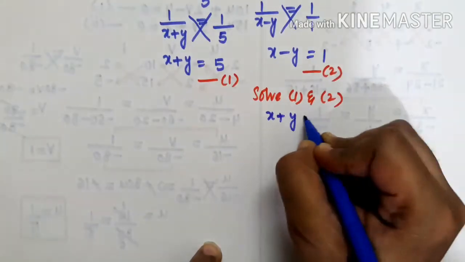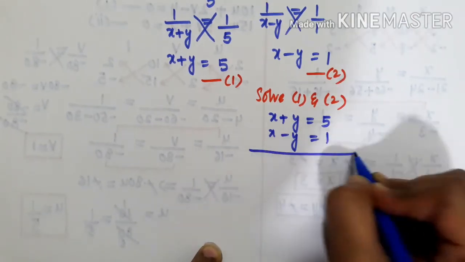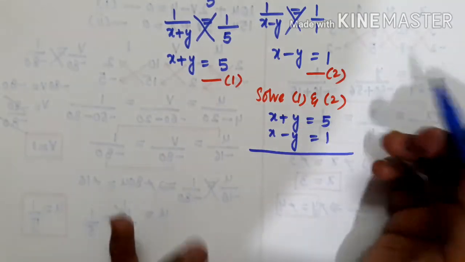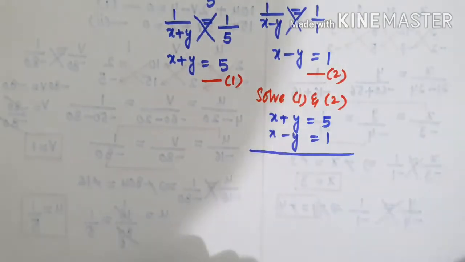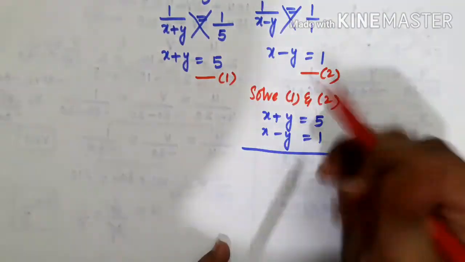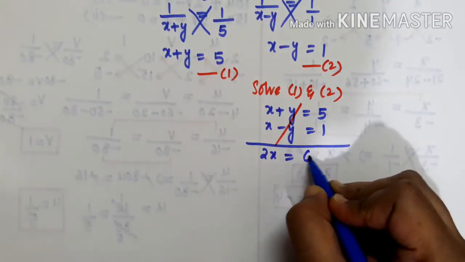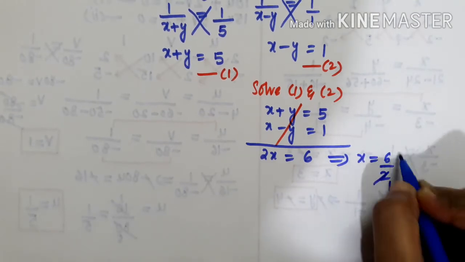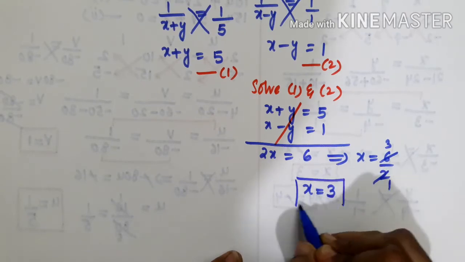So equation 1 is x plus y equals 5 and equation 2 is x minus y equals 1. So here you don't need to do anything. You don't need to multiply or change the sign. Already plus y and minus y are there, so you can cancel directly. Plus y and minus y will get cancelled. x plus x will give you 2x equals 5 plus 1, which is 6. So x equals 6 by 2. 2 ones are 2, 2 threes are 6. So the x value is 3.